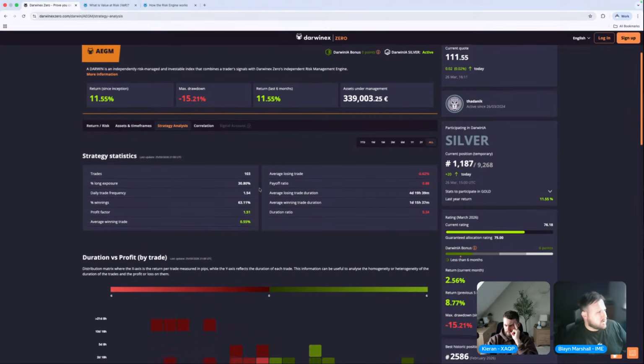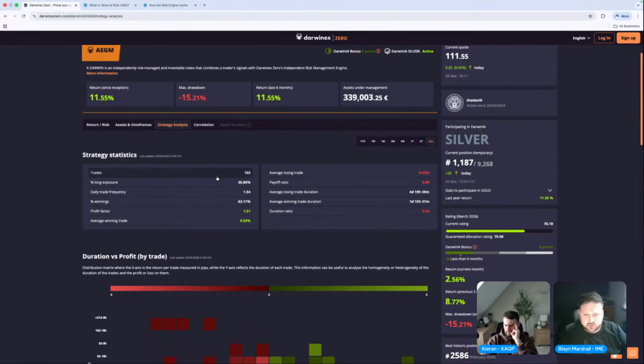Regarding trade frequency and trade duration, these things can be very different. And again, it depends on how many open trades you have, open positions. As we can see here from this person, the average losing position is almost 5 days, and the average winning is just less than 2 days. So we've got lots of open positions at one time.